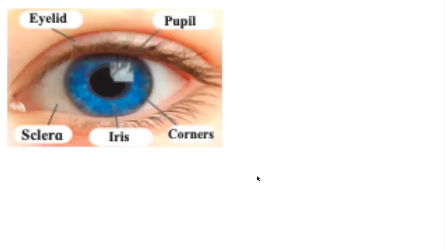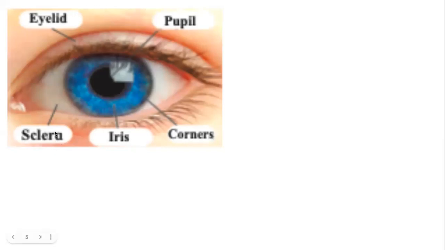We don't need this diagram. This is just to tell you about various parts of the eye that are visible outside. So this is the eyelid, which is our skin that comes over the eye, which is called पलक, that is called eyelid. And the hair that are at the end of the eyelid, they are called eyelashes.